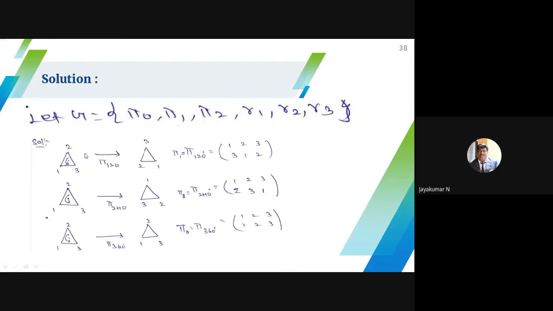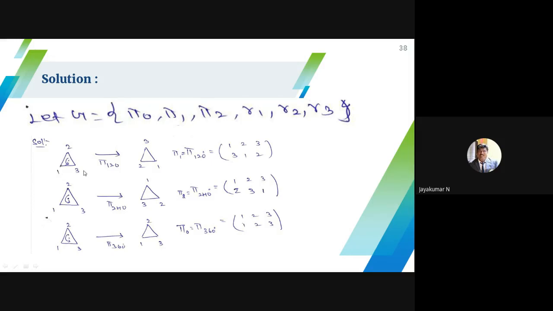So this is my equilateral triangle. Okay, you can label it in any manner, that is not a problem. Sir, do I have to write 1 here, or 1 here, or 1 here? You can write 1 anywhere, that is not a problem. I write it here, that's all. Okay, so I write 1, 2, 3. I label the triangle: this is 1, this is 2, this is 3.